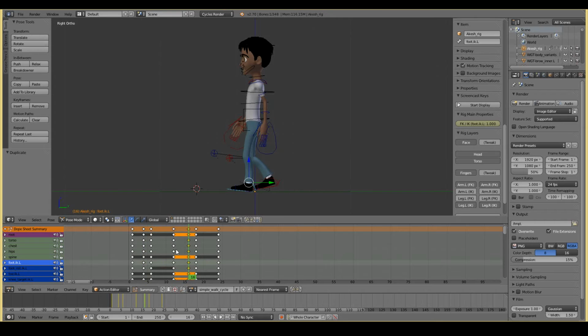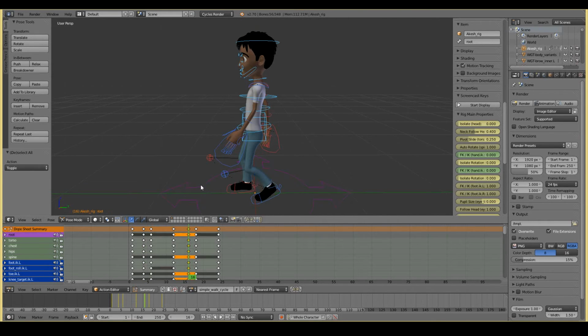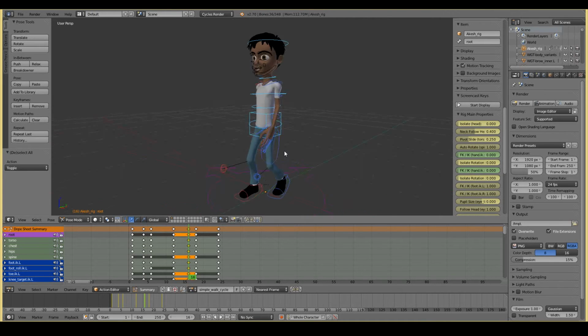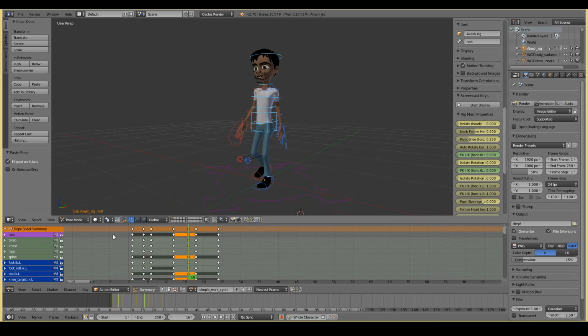Okay, so obviously we need to invert it because it's odd. So to invert it, I'm just going to go the normal way. Copy. Select everything except this. And it's no difference. We could do the other way like we did before, but I just want to show you that there's different ways of copying poses. This is not the only way. So we'll just copy and invert that pose. Alright, so let's have a look at our animation now.